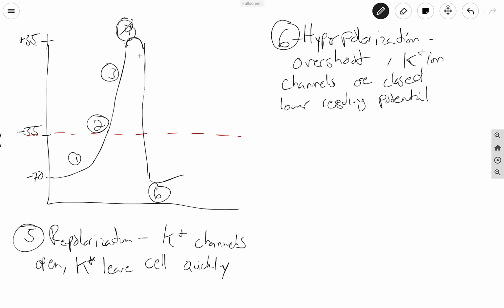It gets a little too negative too quickly here. And we noticed that at the end of this, we had potassium on the outside of the cell and sodium on the inside of the cell, which is the opposite of where it needs to be to start another action